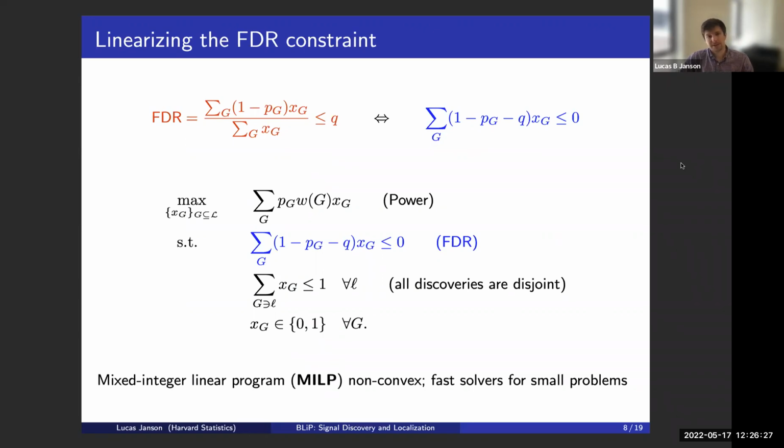So now that we've linearized this, we have what's called a mixed integer linear program. It's still non-convex because of the integer constraint, but we have pretty fast solvers for reasonably small problems, maybe hundreds to thousands of optimization variables, which we're nowhere close to being on the scale of when we're doing Astro applications. So we're still going to need to make our lives much easier. But it's important that we are able to solve this problem if the number of optimization variables is quite small,